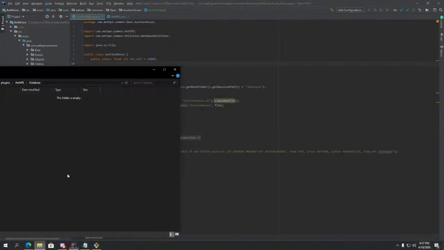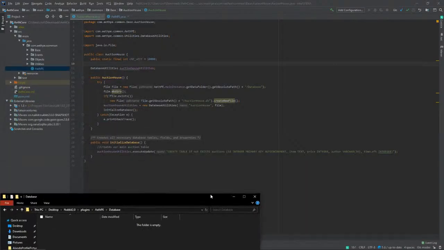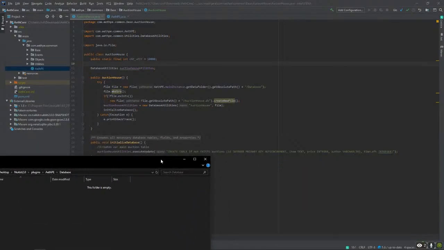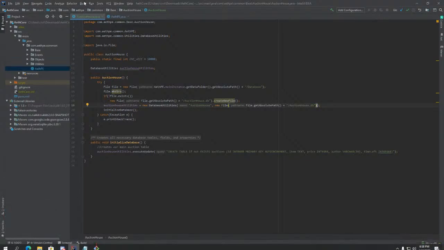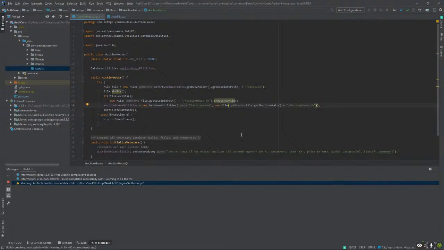Huh. All right, so let's substitute that for that, and then build again. This is probably a really simple solution. I'm just really blowing this out of the park.